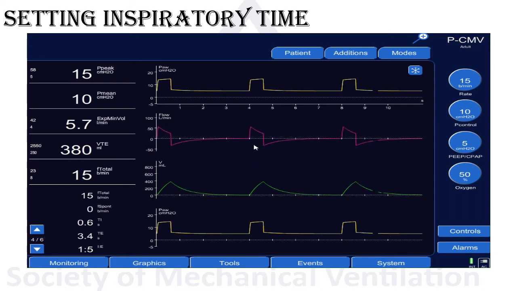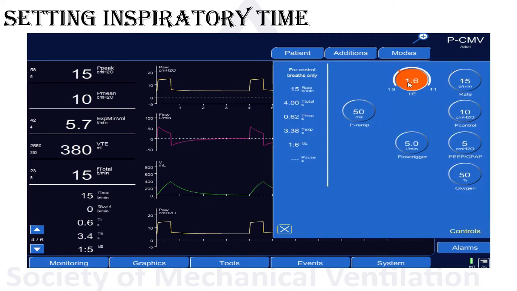And if you look at this flow curve here and the time constant we talked about, the inspiratory time is not at least 4 time constants. That's why the flow is not going to the baseline. So we can improve the tidal volume given to the patient without going up on the driving pressure, just by improving the inspiratory time. Again, this ventilator goes by the inspiratory to expiratory ratio, the I to E ratio. You might be able to do it with